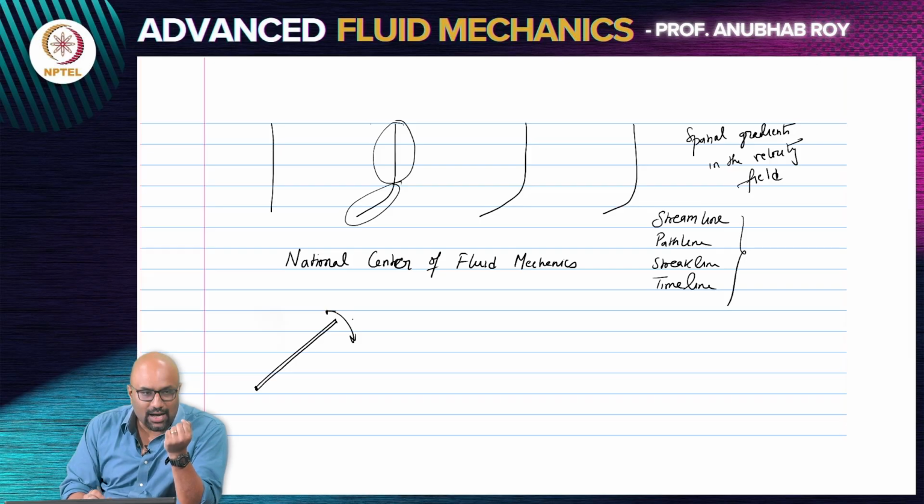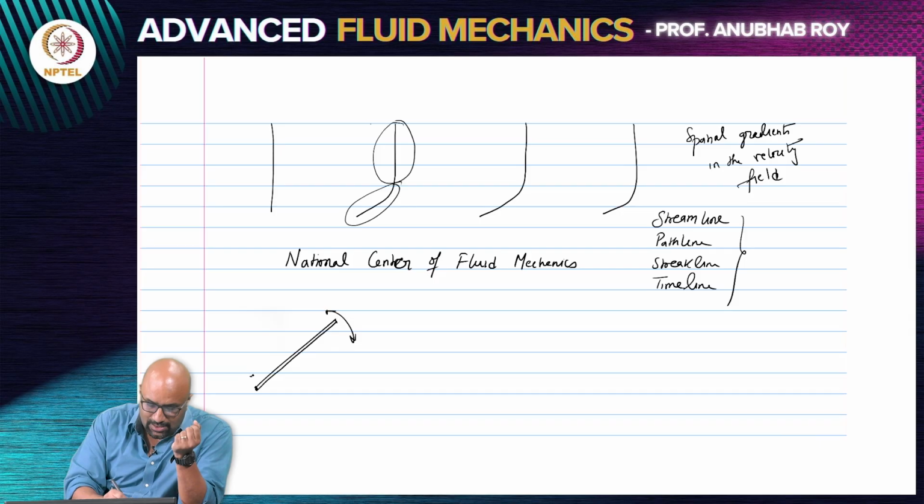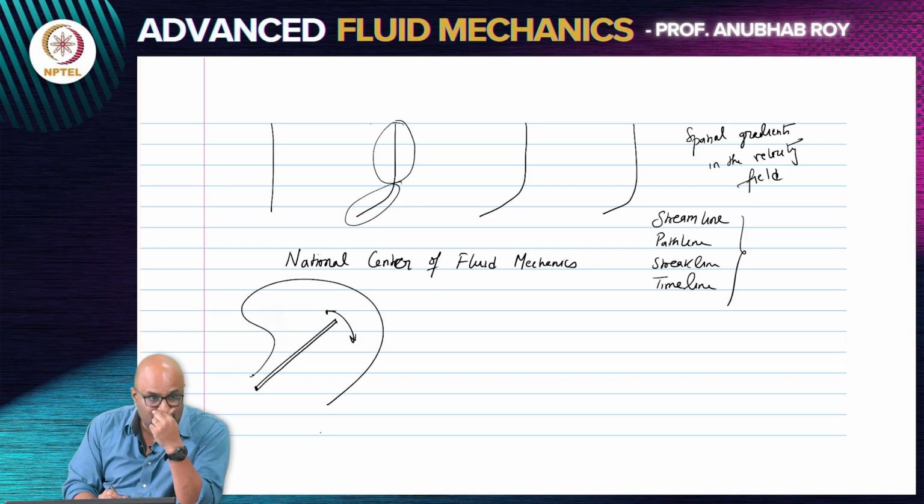So you can start asking the question, what would the path line look like? If you release a fluid particle, what would the corresponding path line look like? As the plate comes in, the domain itself is switching. So what kind of a motion would happen for a fluid path line? You can ask, what does the velocity field look like? And for that, you need to freeze the frame. So what they do is consider very short time intervals of the motion of that plate.